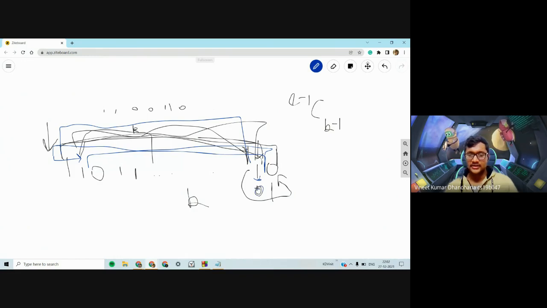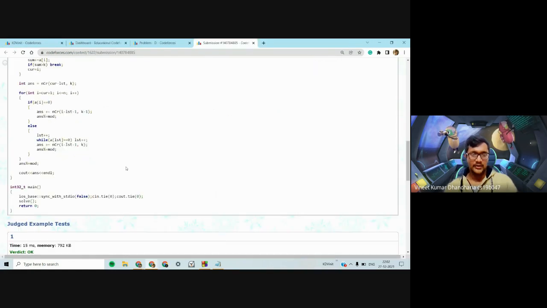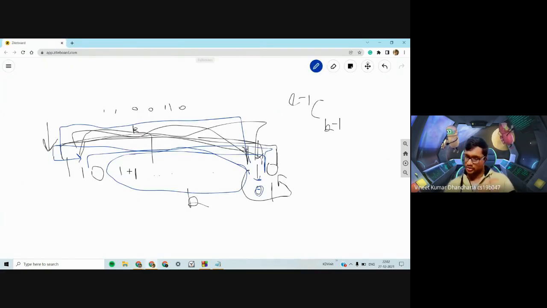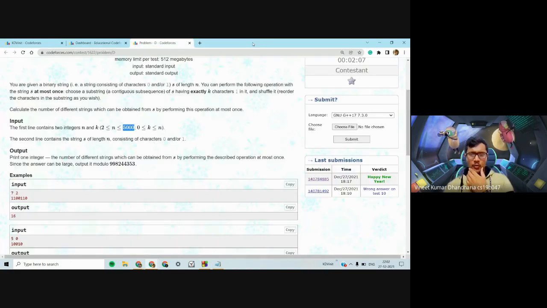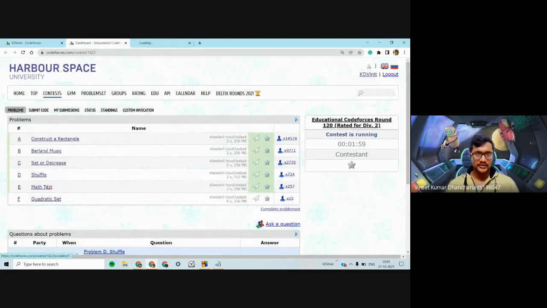So 0 will come in here, and for the remaining number of bits, which is length minus 1, so i minus last minus 1, for these particular bits you will set any of the k values. So length minus 1, choose k. There are k ones, you would choose any of them, and that would be your answer. So you add that to your answer, and in the end you print it. I hope the idea is clear. So let's go on to the last problem for today.